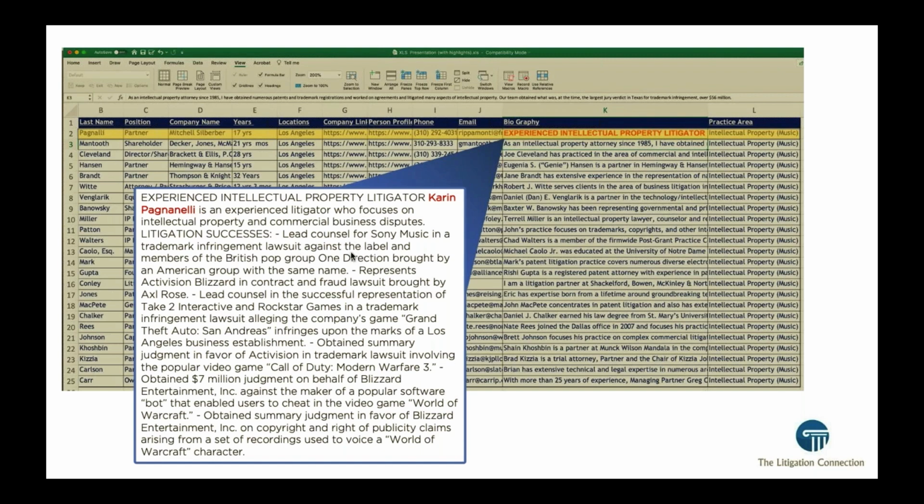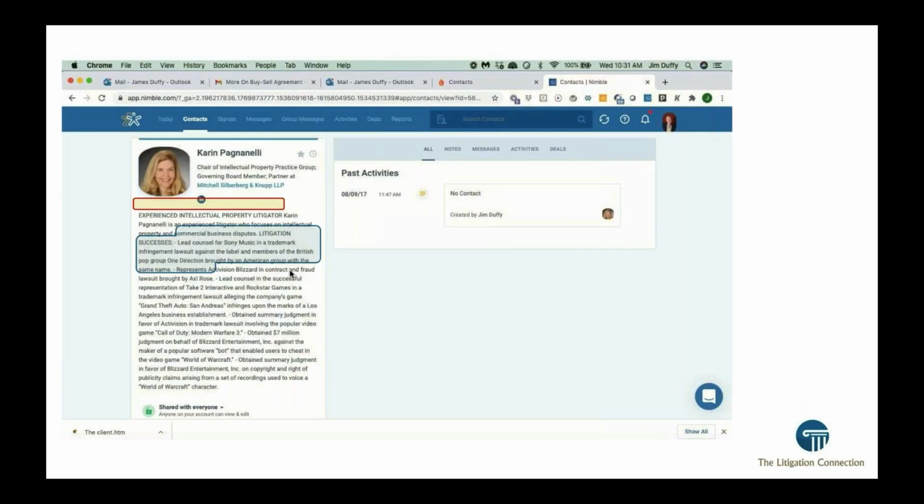and you can see in this particular case that this attorney focuses on music and intellectual property damages in the music business, and actually had a lawsuit involving the rock star. I'm trying to pull him up. Axl Rose. So usually I'm a little bit more crisp on that, but again, we have all that information right at our fingertips. And this is what we do in Nimble so that when we make a phone call, we can talk to them very intelligently.